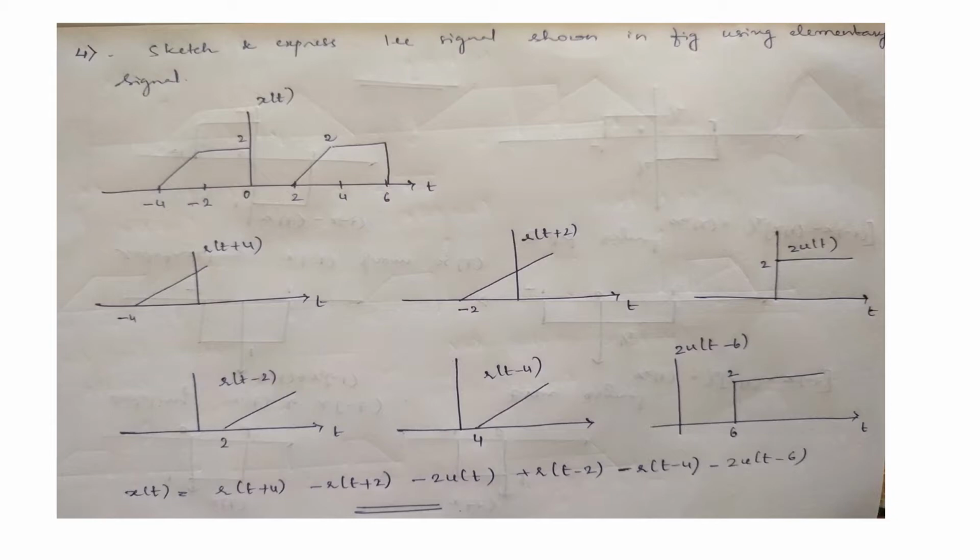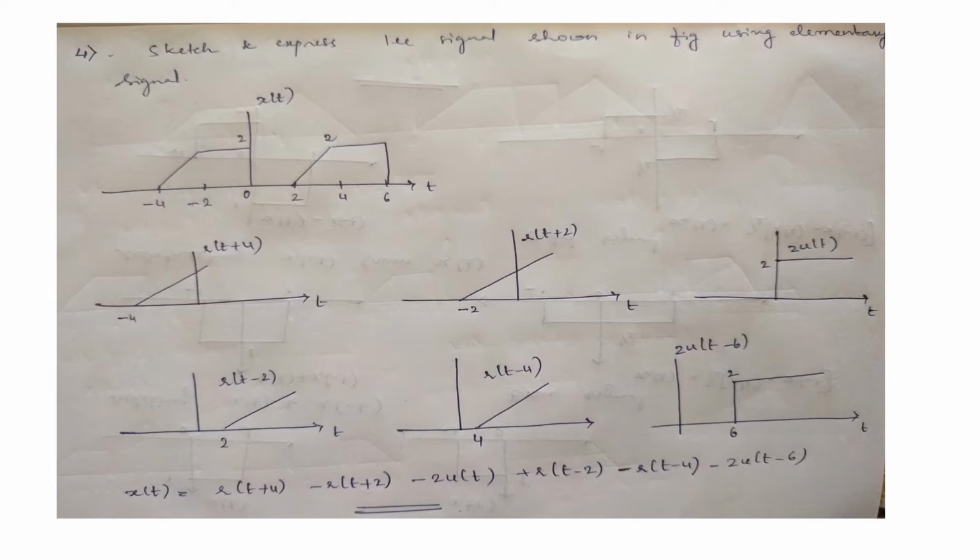So here, why do we have to take positive and negative? When a slope starts, we have to take it as positive. That means in the first figure it starts, hence the expression I have taken is r of t plus 4, and at 2 also it continues, and at 0 it ends. So after that I have to take negative. When it ends, I have to take it as negative. Hence it is minus r of t plus 2, and at the step signal it will end, hence it is minus 2 into u of t.